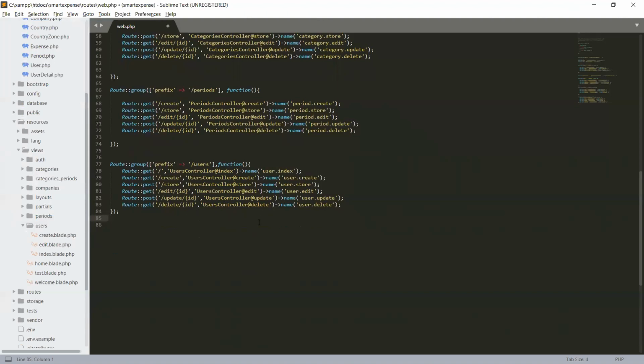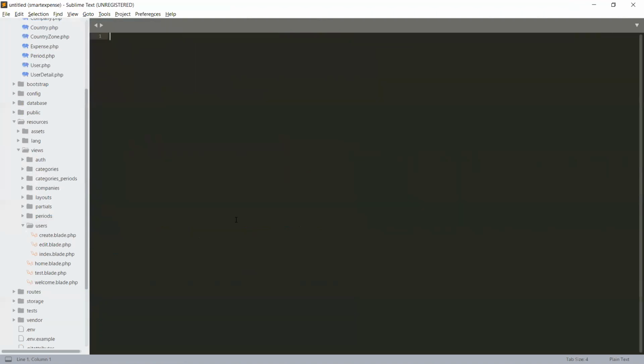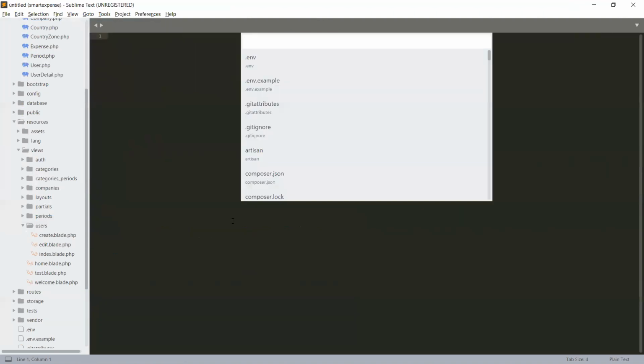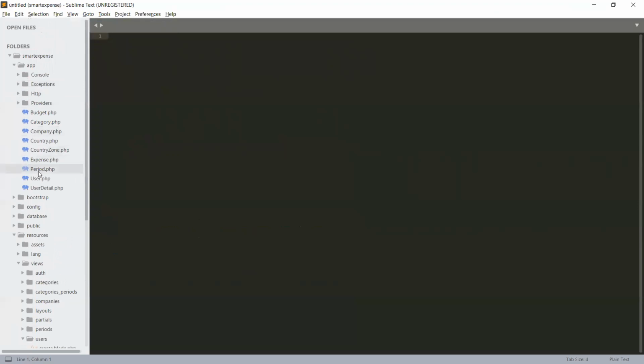So the delete is the same one that we have already seen in our previous lecture. So this is the root file that we are going to use in our user ACL. Okay, let's close this and let's find our user controller. If I show you in our controller,